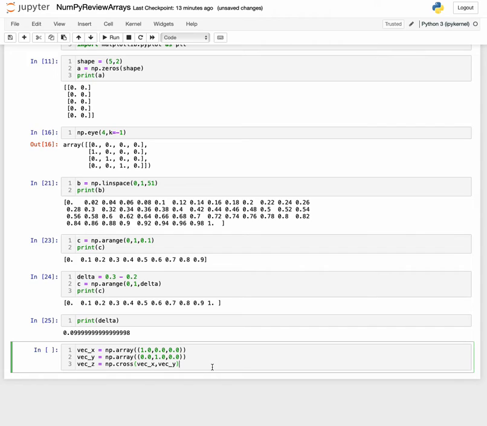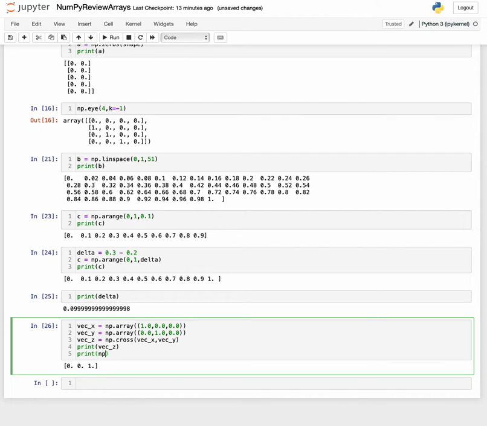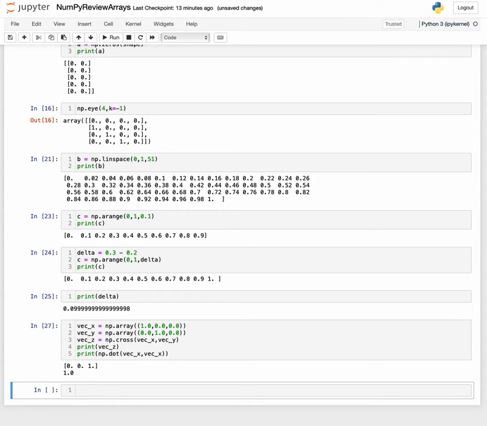And what happens when we do this? Well, let's print out the result. Print vec z. We get 0, 0, 1, and that's good because x cross y is equal to z is the standard result. We could also print numpy.dot of, let's say, vec x with itself, and that gives us 1.0 as you would expect. So all of those vector operations are available there. There's a number of different things that you can look at in the notes, which will give you practice questions. There's a couple of other things I just want to show you to do with